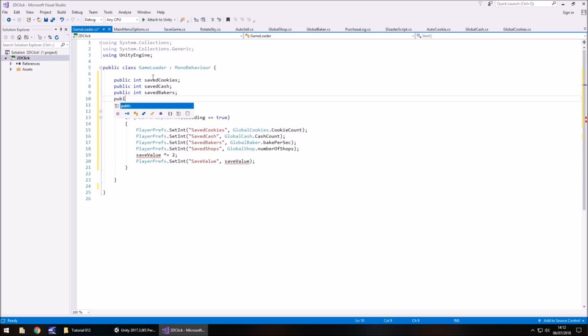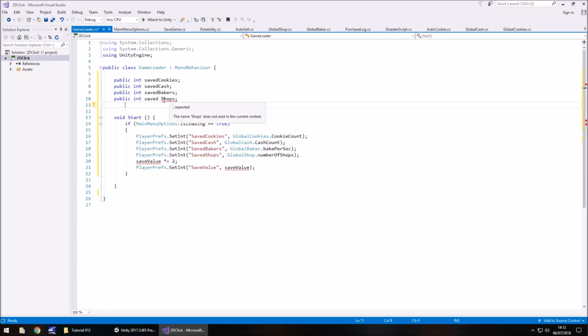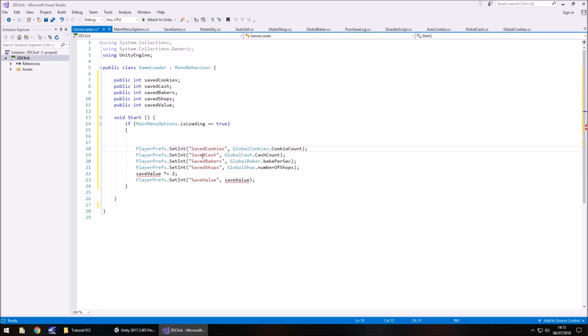Next, you probably guessed it, hopefully you guys are ahead of me at this point. Public int savedShops; and finally it is the save value. So we need to go public int saved value. Now you'll notice I have put saved with a D there, even though it does say save value. We're going to change that because I don't want to have two variables the same in this case. So we're going to base ourselves off what's happening here and start off with savedCookies